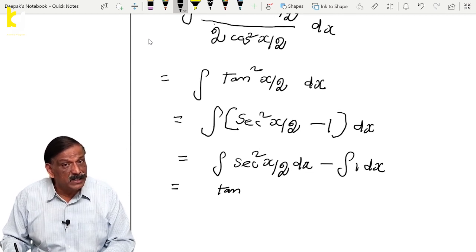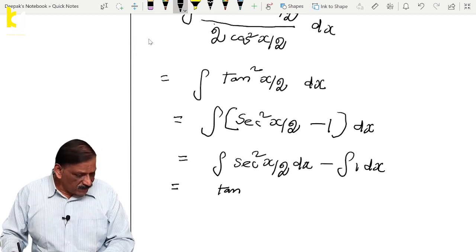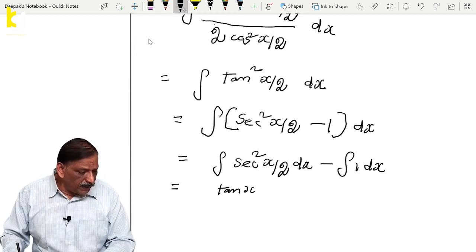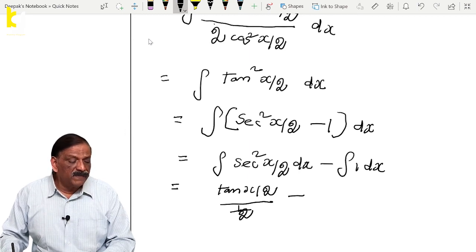Therefore, integral secant square x equal to tan x. So this will be equal to tan x by 2 divided by 1 by 2 minus integral 1 dx, that is x, plus c,